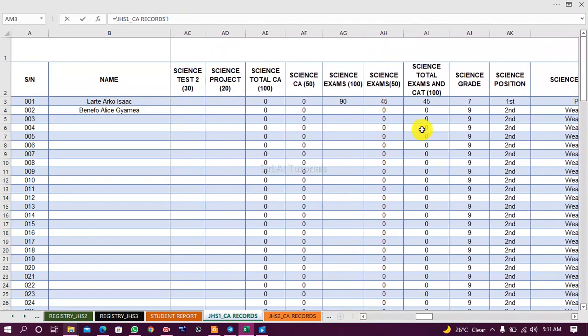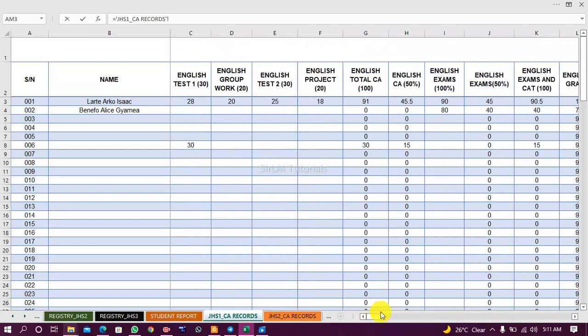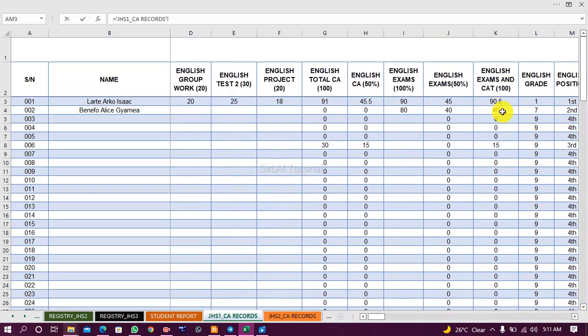So science, we need the total of exams and CAT, no, it's English. Exams and CAT, the 100%. That's what we need. What is the cell name for this? This is column K, and the row is what? 3. So we need K3. Okay, so we are going to write K3 here. K3. Okay, then plus